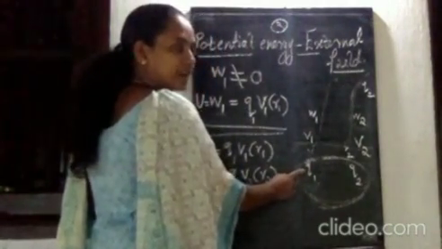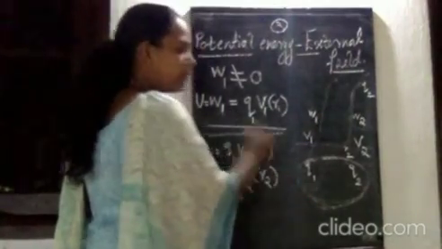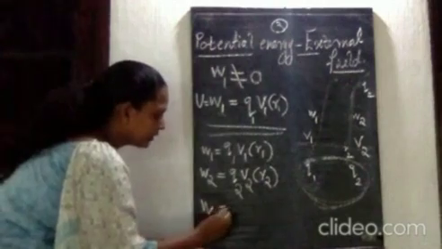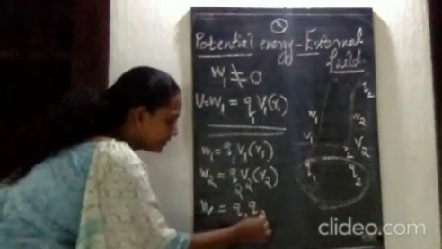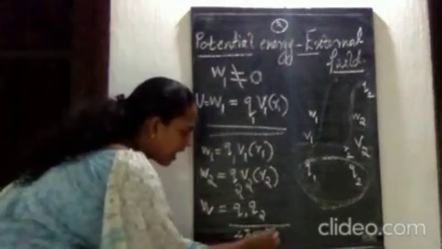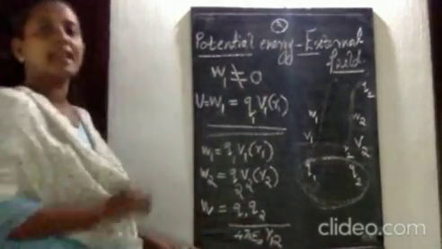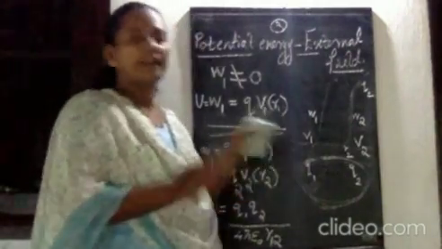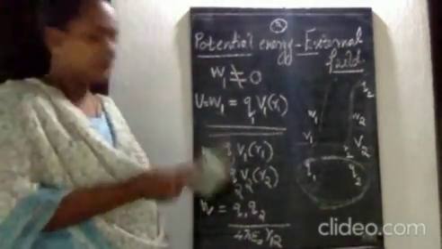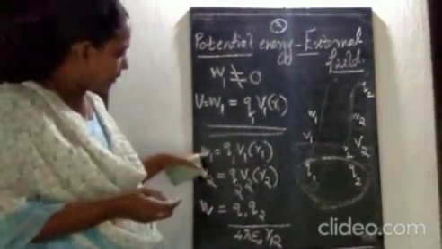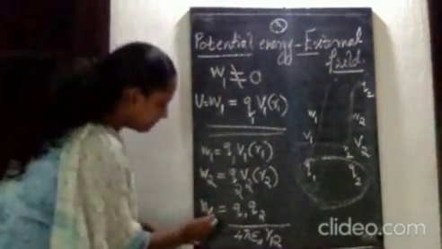to bring a charge Q2 into the presence of another charge Q1? That one we already derived. That is W equal to Q1 Q2 divided by 4 pi epsilon 0 R12. Our previous case, that is the potential energy of a system of two point charges. Okay, so this is actually the total work done, that is W1 plus W2 plus W3.